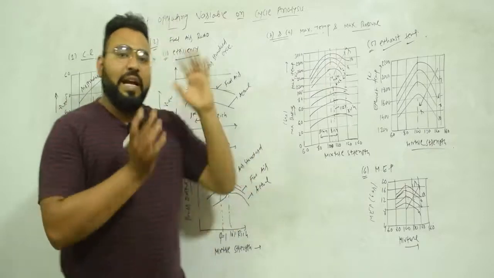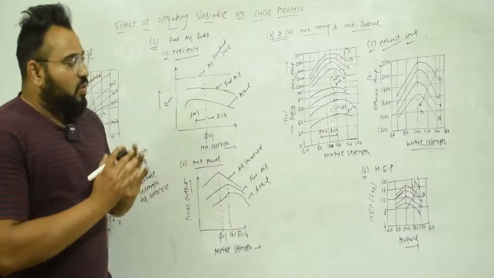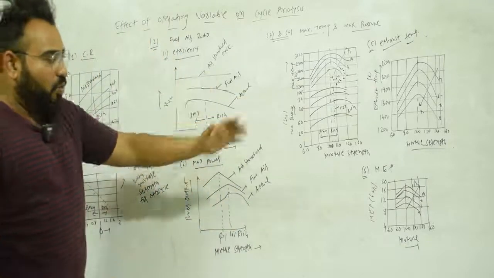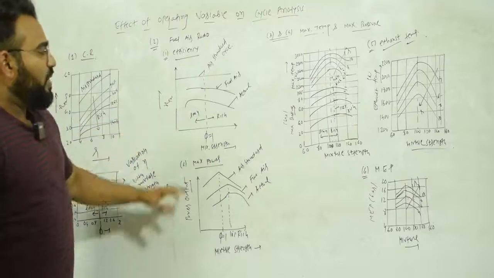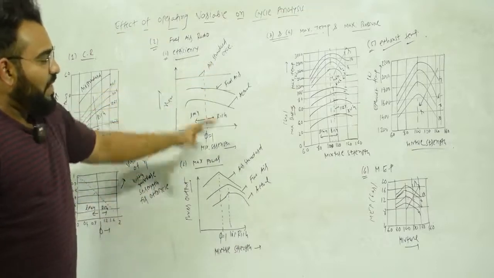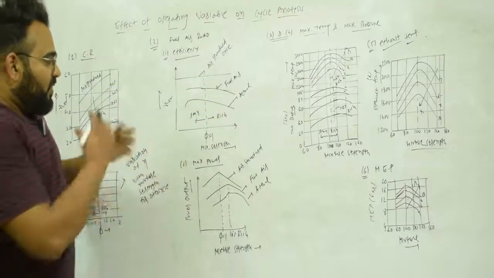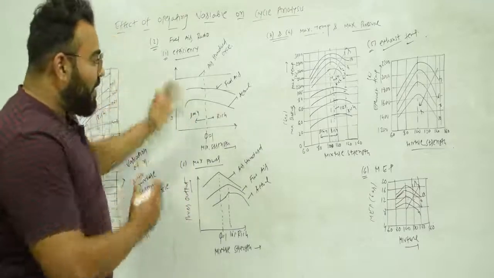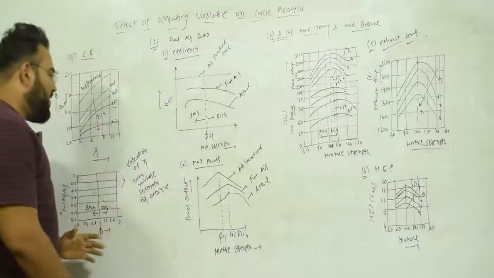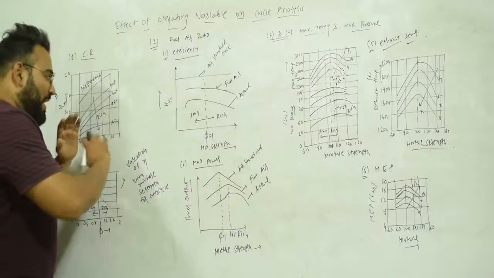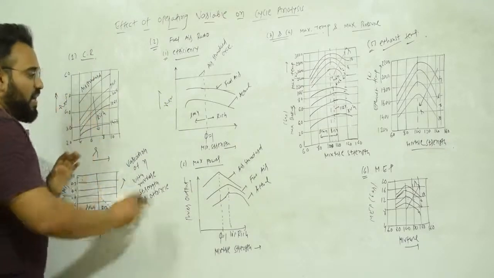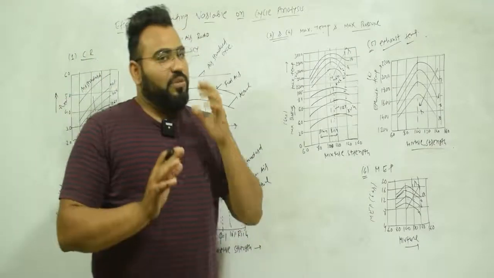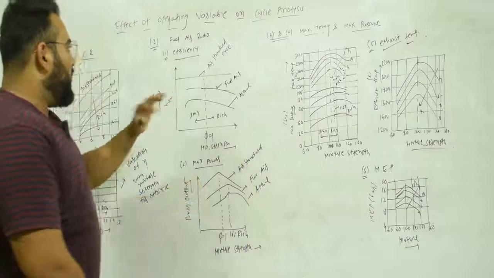Actually, according to me, I am going to leave this theory to you, but I have just taken it up so that you will get to know something about it and then you will do it. Because this is a mug up kind of topic. There is no mathematical equation or theoretical concept here that I can teach you so that you will understand how this is happening. No, this is not like this. It is just a graph, and you have to mug it up. There is no other option. So I'm just going to show you what they have done over there.